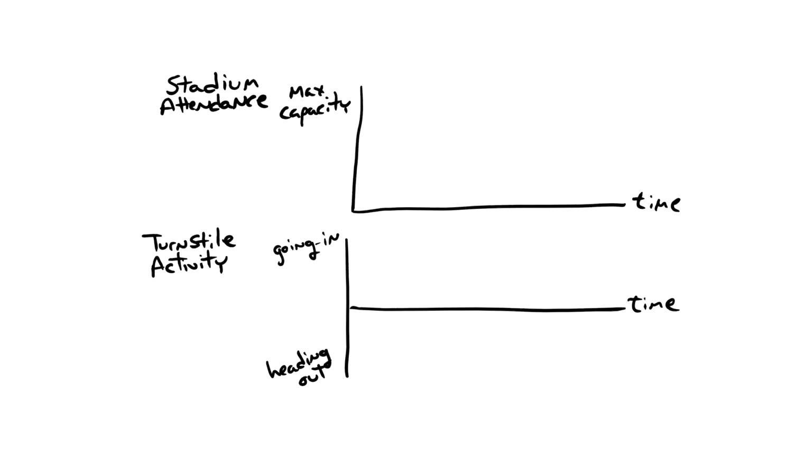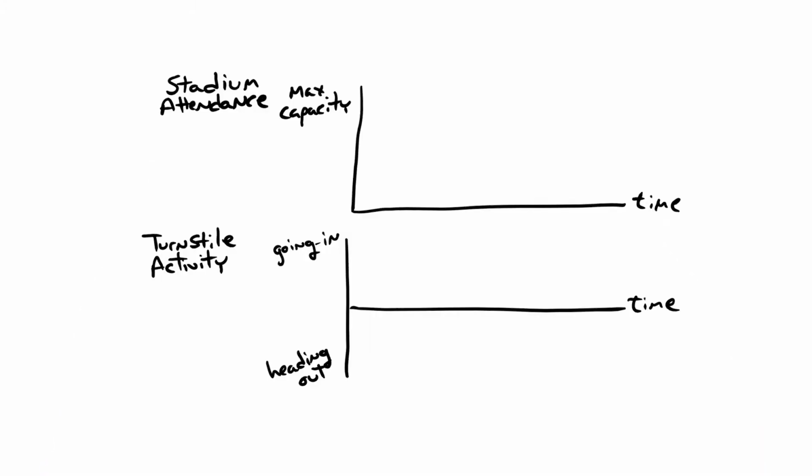We're going to start this with my template here. In the upper half, we're going to show stadium attendance. And beneath that, we're going to show turnstile activity. Going across my tablet here, we have time. This might be, say, an hour before game time. The guys who are coming an hour before game time, they're the hardcore fans, the diehards. There aren't going to be necessarily a lot of them. The number of guys that we're going to represent there going through the turnstile is going to be fairly low. Maybe a few guys every few minutes.